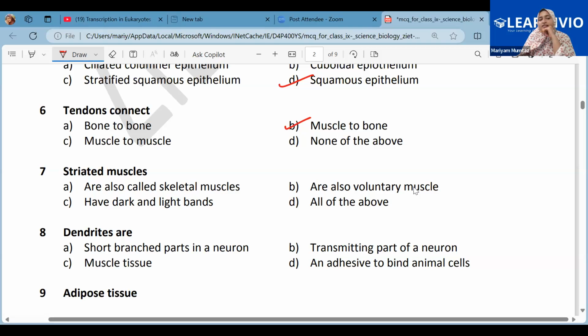Where are these muscles present, students? Striated muscles? You people don't remember this? None of you remember striated muscles. See, there are three kinds of muscles in our body. Striated muscles, which are also called skeletal muscles. Then there are involuntary muscles, meaning the smooth muscles. And then there are the cardiac muscles.